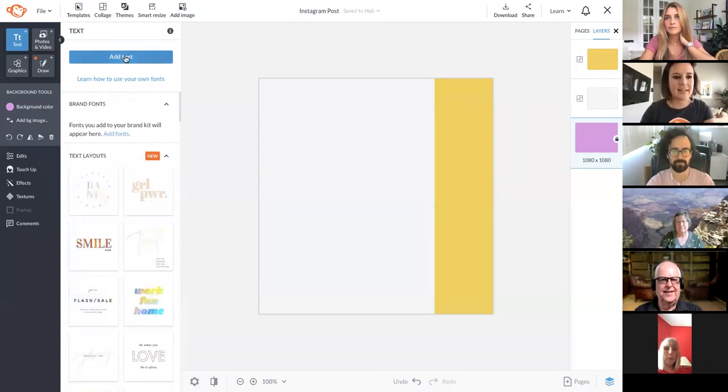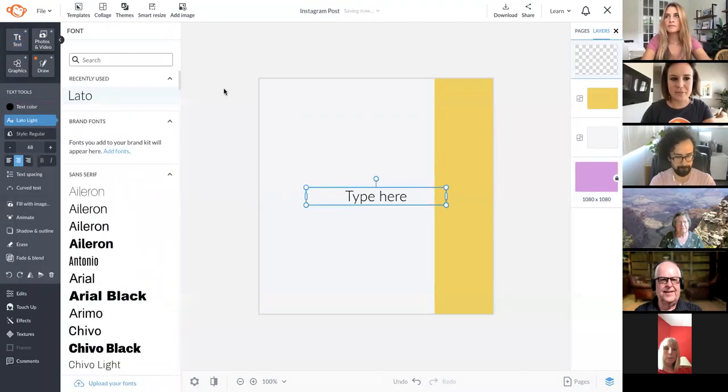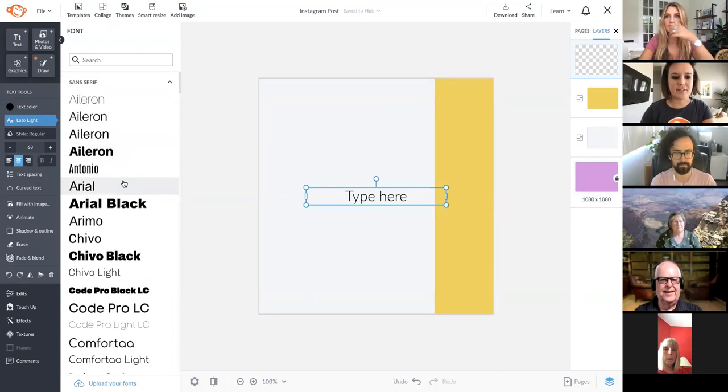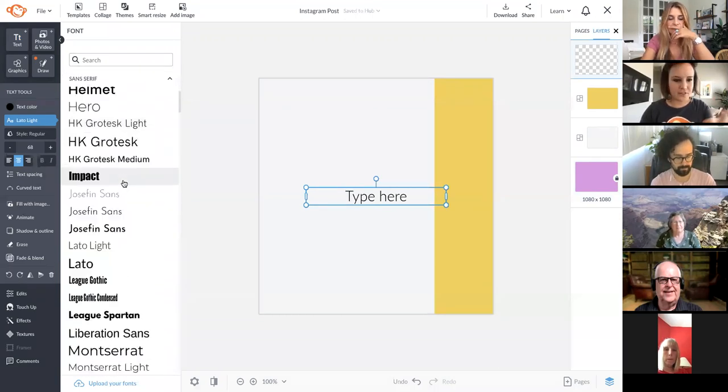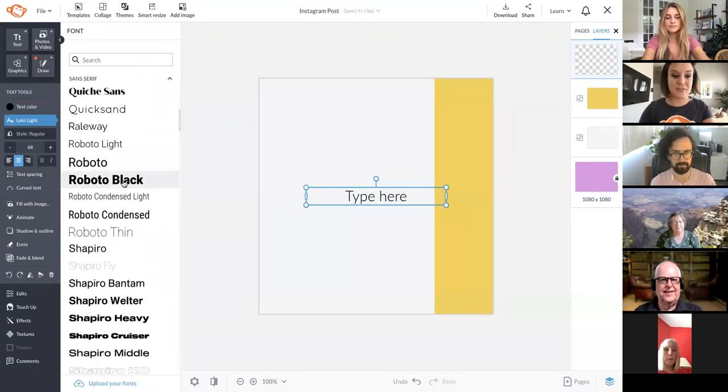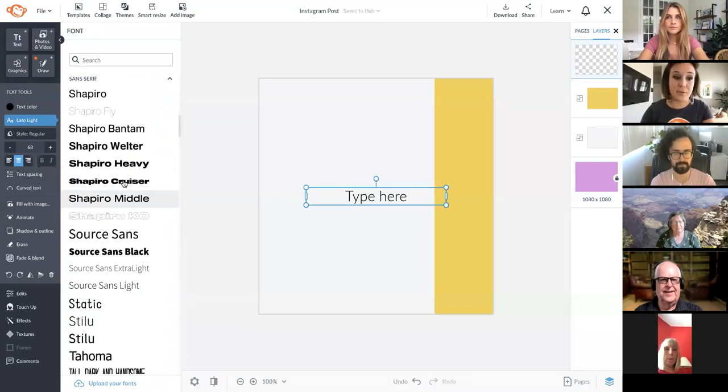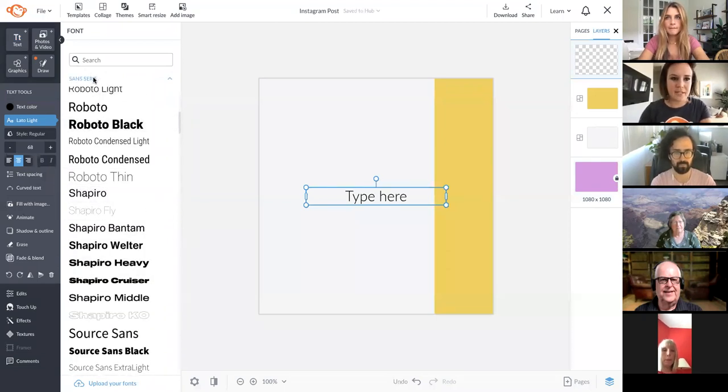Or if I click add text, it gives me a text box automatically and it just defaults to this. And then I can browse through. We have like hundreds of fonts. So it allows me to have that option to look for something that I really want. I'm gonna hold